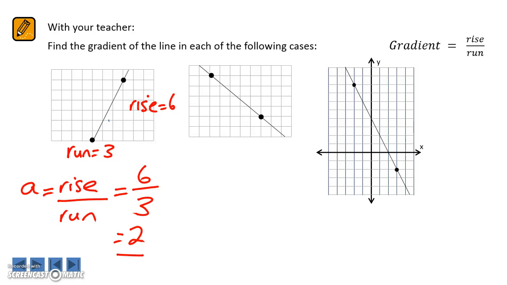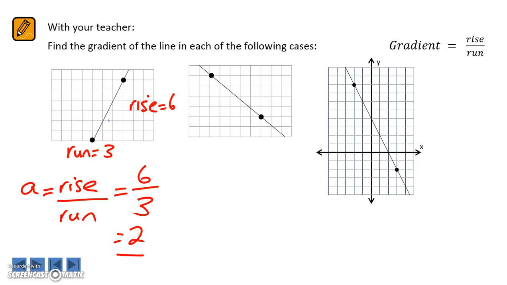We're going to continue on page 11 with the other gradient examples. So we're working in the middle of the page there. This second example looks at a negative gradient. The first one that we did was when we go from left to right, the line slopes up, so that's a positive gradient. And then this time we're looking when we go from left to right, it's a negative